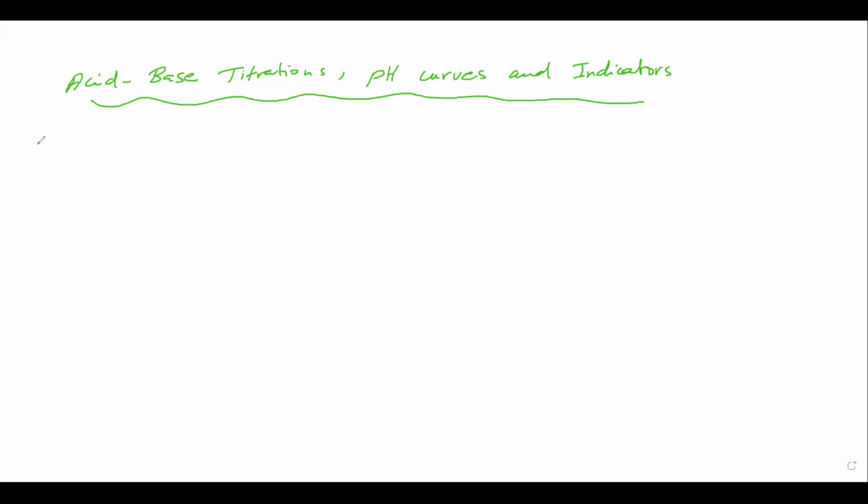So if the acid is the one with unknown concentration and you want to determine its concentration, you titrate it with something called a base, which is opposite to the acid, that has a known